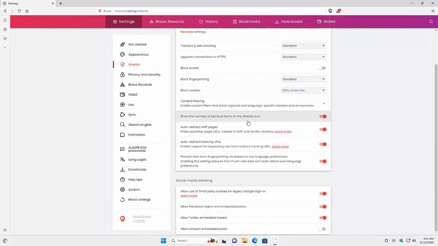Trackers, this is pretty much, leave this as default. I don't use social media, so we can disable all this, including the Google sign-in. All of that's okay. Privacy,